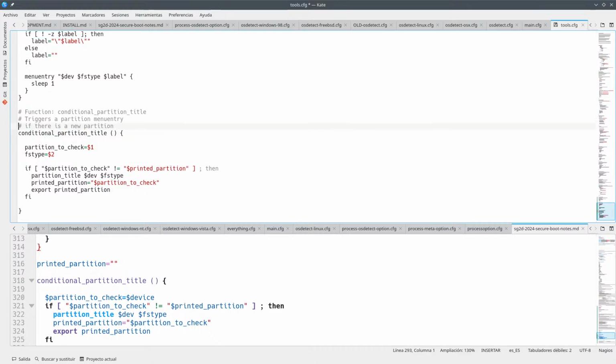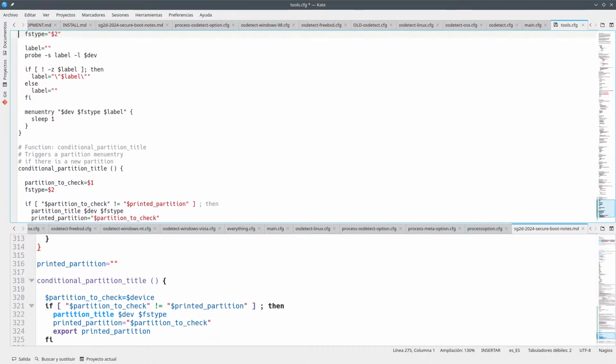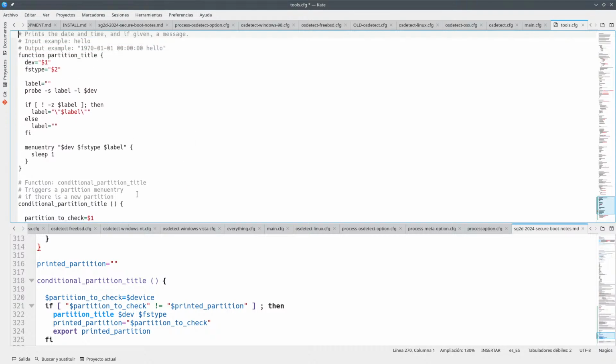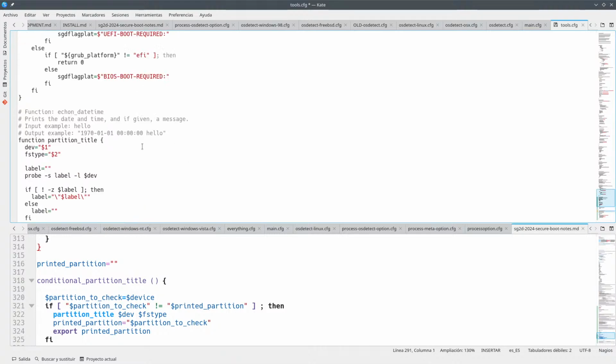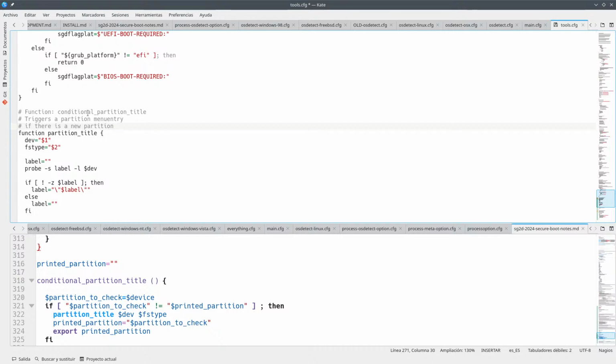I mean, there's no output, and so this is partition title, and